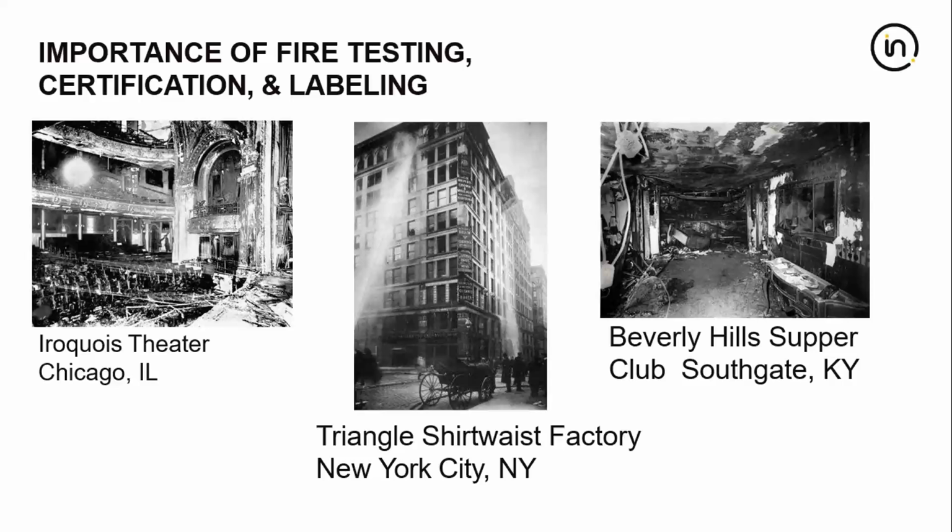And last but not least, we have the Beverly Hills Supper Club fire. Like the other two, a lot of issues with this one, with the building itself. But if we look at the door specifically, a majority of the paths of egress in each room did not lead to the outside, but actually led to a narrow interior corridor and different service spaces. So it was almost like a maze for people to try to get out, obviously,